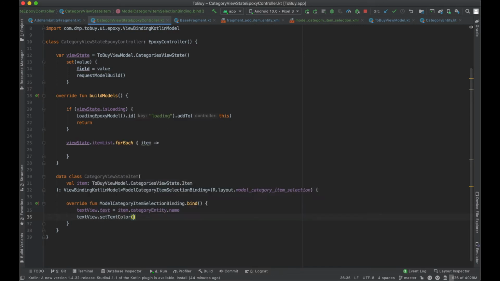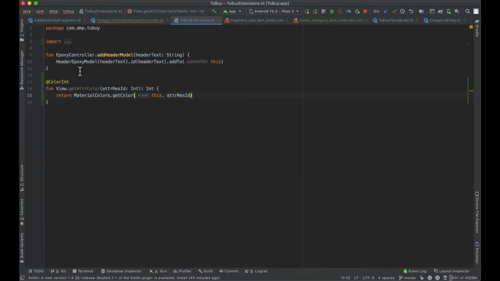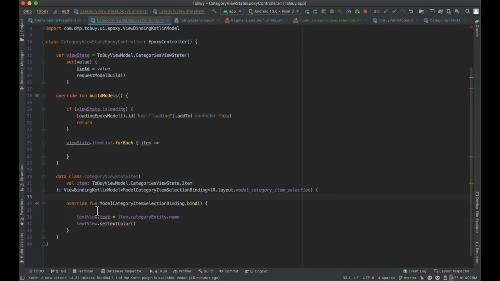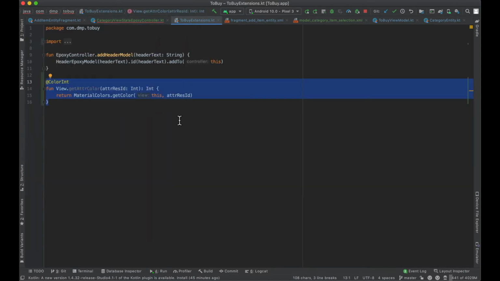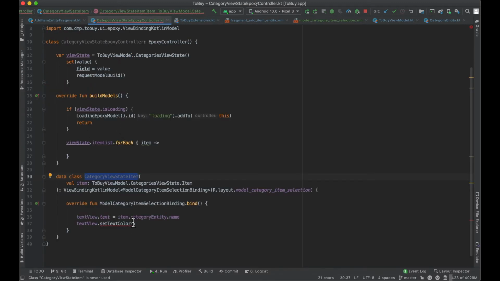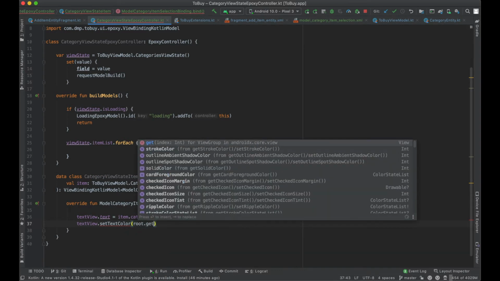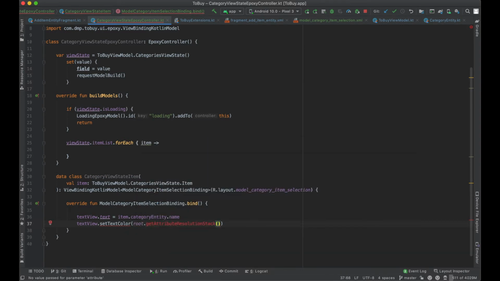Text view, set text color. Remember last episode when I put this logic inside here? We added this function into our base fragment, but we don't have access to it in this epoxy model. So this is a perfect example of how extensions are helpful again. We're going to put this on the view itself and call get attribute color on it. And so then we can very easily say root dot get attribute color r,